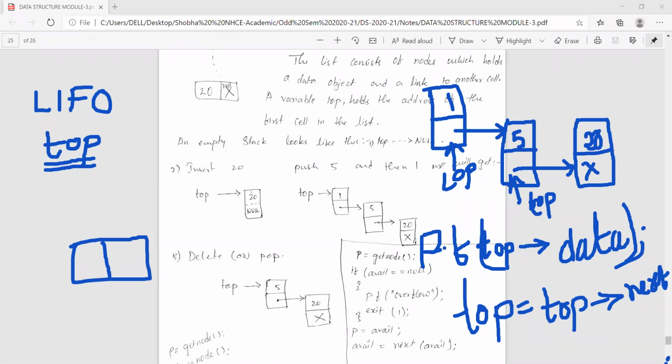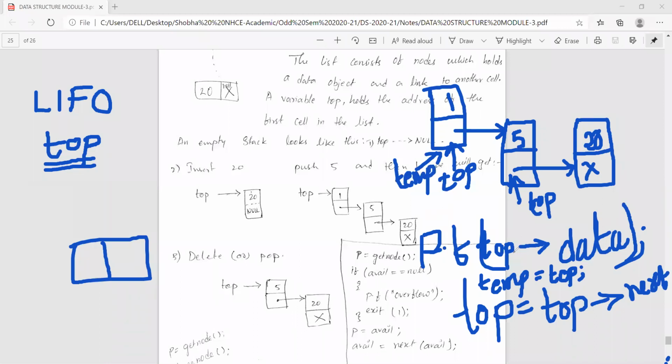So what is happening? I am incrementing top, that is clear, fine. But I should free this. So to free this, what we are doing is temp is equal to... first you have to store this top in temp. Temp is equal to top. That means whatever was there in the top will be pointed by temp. Are all of you listening?